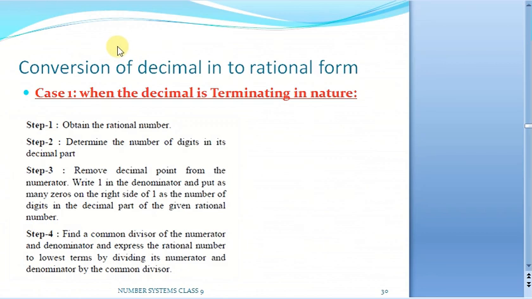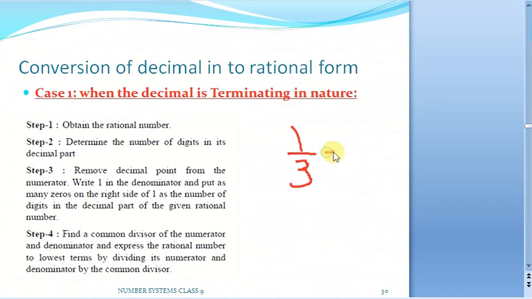Now let us see how to convert the given decimal form to the rational form. What do you mean by this rational form? Basically this rational form means which is of the form p by q, where p and q are integers. So let us discuss it. Suppose something like 1 by 3 is there. Let us say this is the rational form where 1 and 3 are integers, and it is in the form of perfectly p by q.